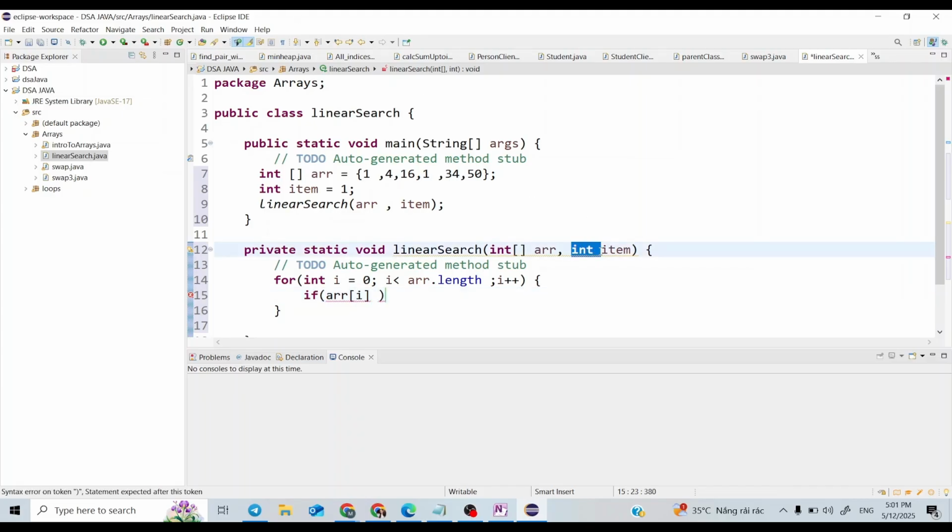Okay, so this is the equality operator. If you remember, that checks the equality of both the values. This is the left hand side value, this is the right hand side value. So if these are equal, then what we have to do is just